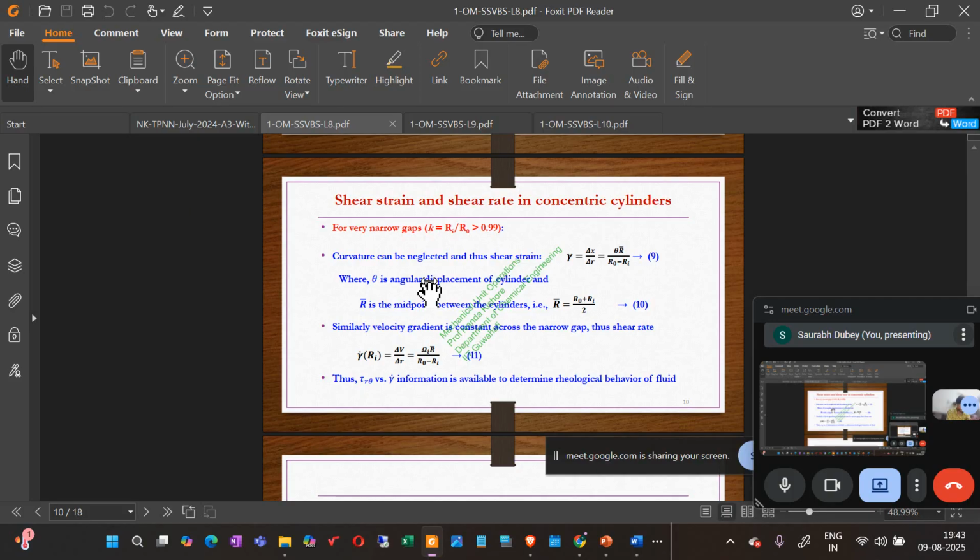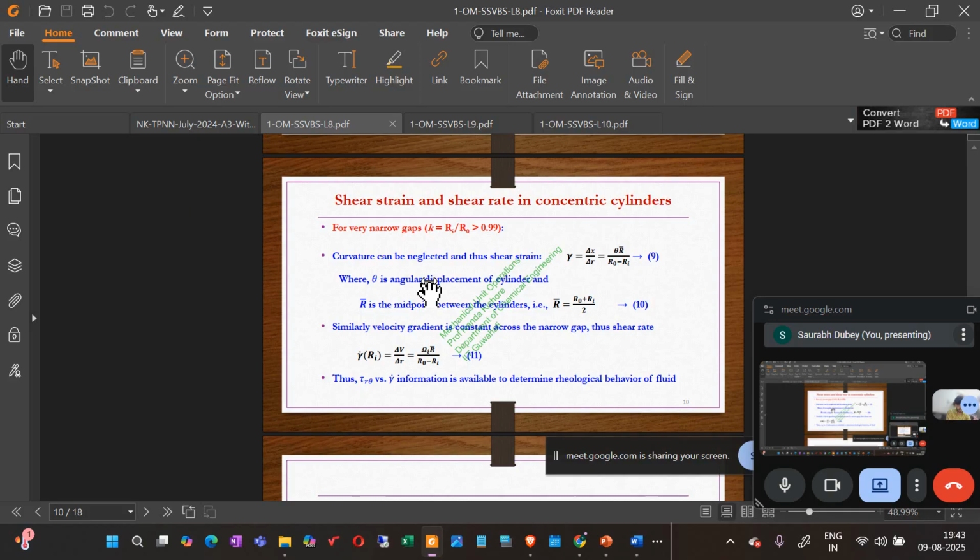It's like you are walking on earth, it seems that the earth is flat, so the floor is flat, but when you came to know that the earth is spherical, it's actually a small change compared to the overall geometry. So here, when the gap is very narrow, curvature can be neglected, and thus the shear strain,